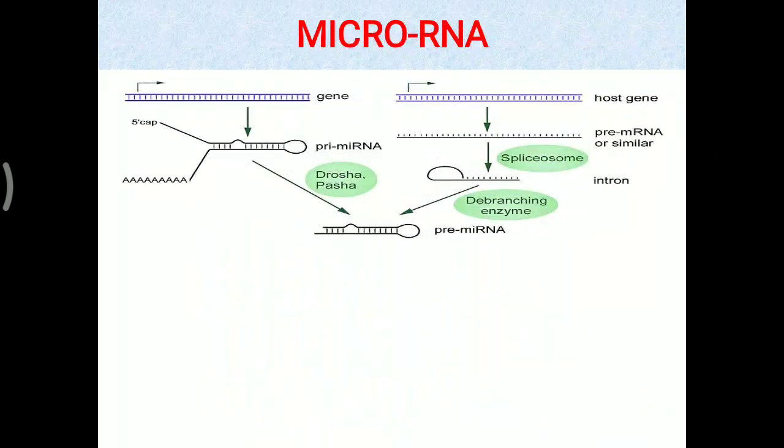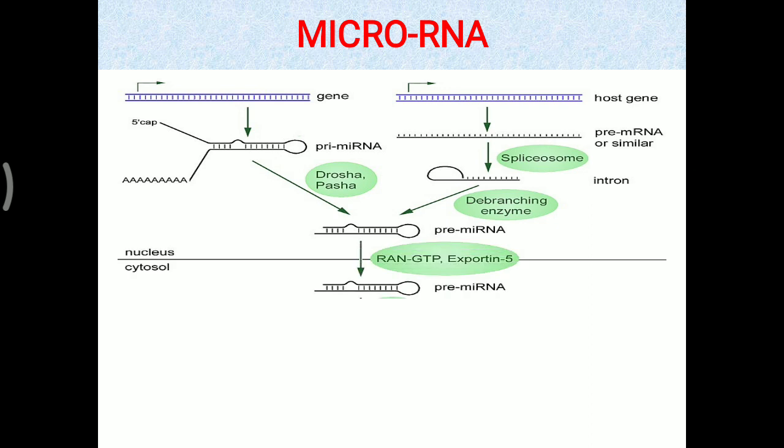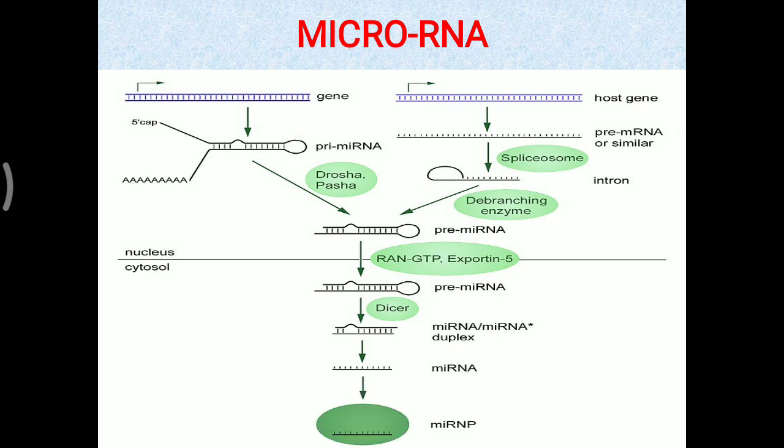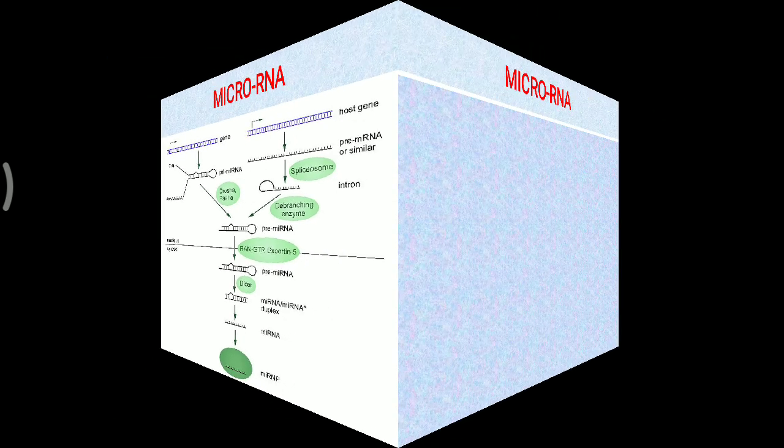So in the picture, we will look at first the pre-mRNA. It is bent, making a pre-microRNA, that is, a hairpin-like structure. Now that is transported from the nucleus to the cytoplasm. So now the cytoplasm contains pre-microRNA, which is also a short hairpin-like structure. Now out of that microRNA duplex, one strand will be broken down and only one strand will remain, and that is called a microRNA. Finally, this microRNA is able to attach to the complementary mRNA molecule, and we will look at its biological importance.